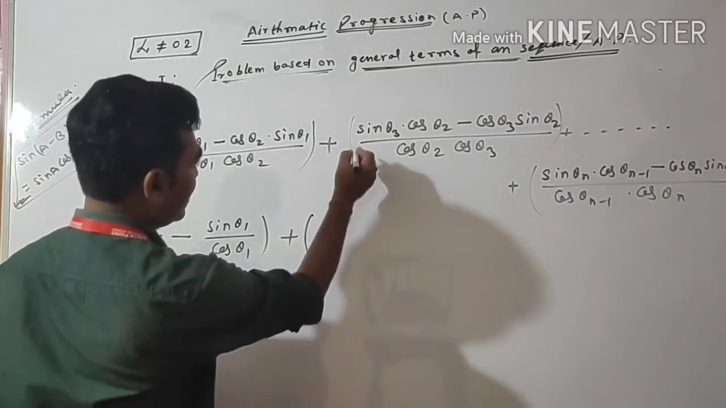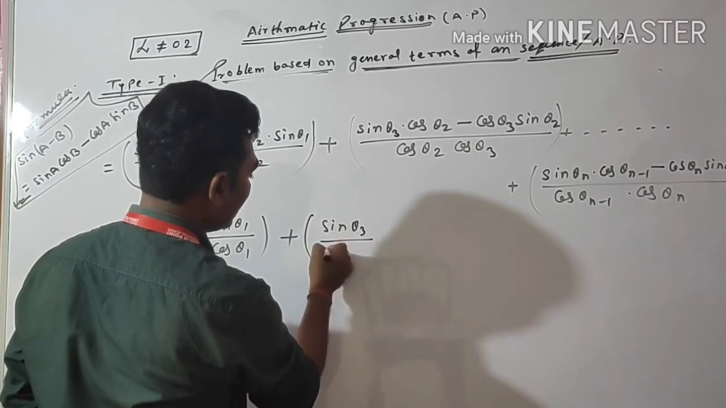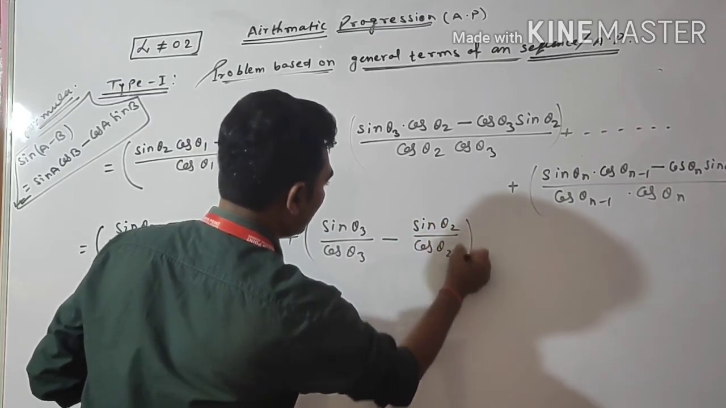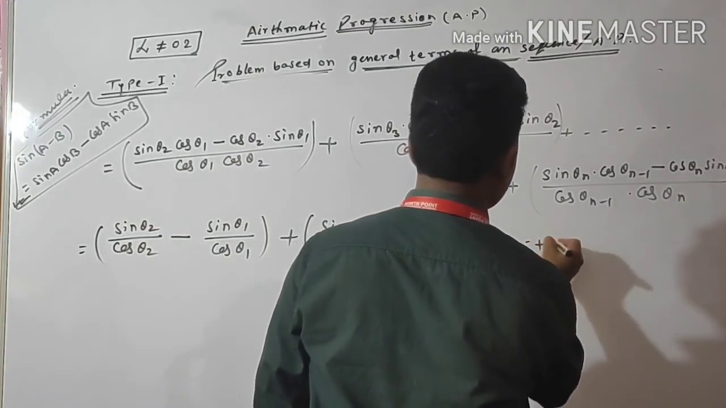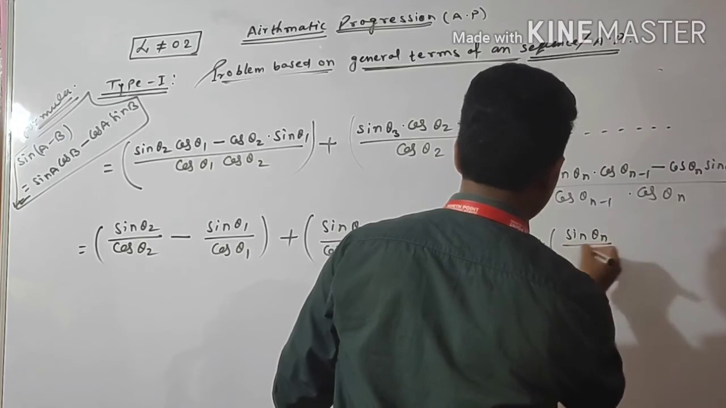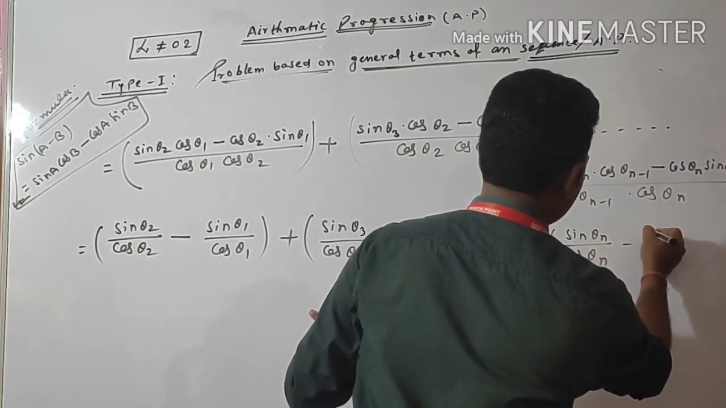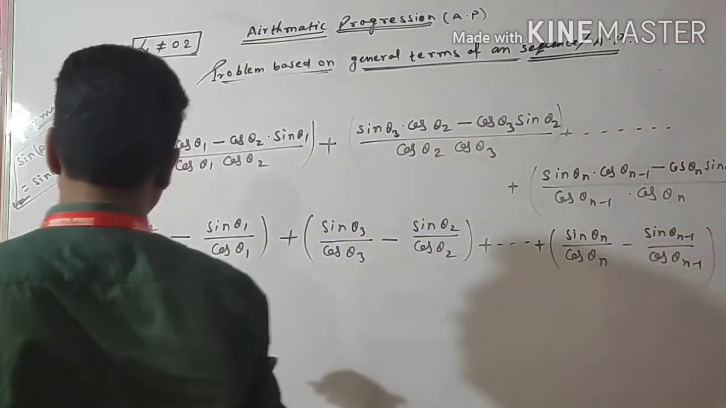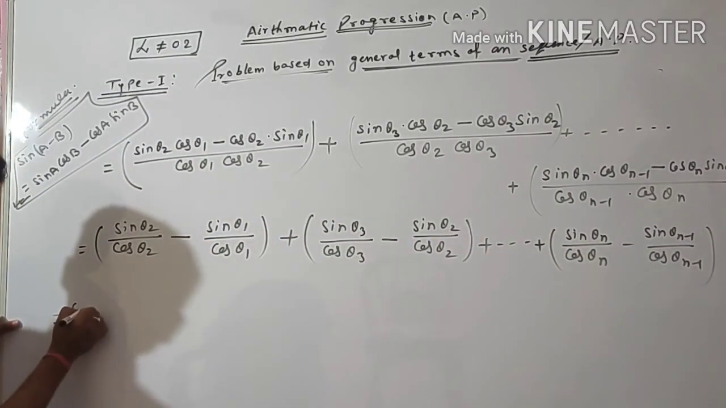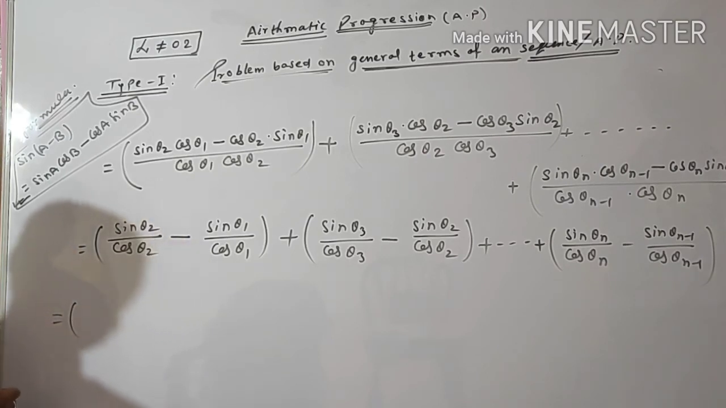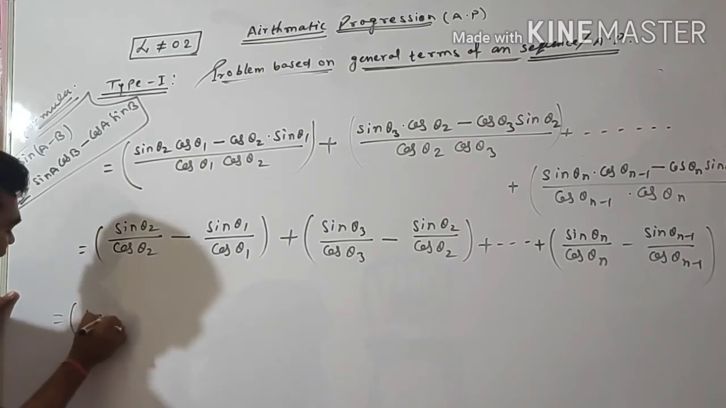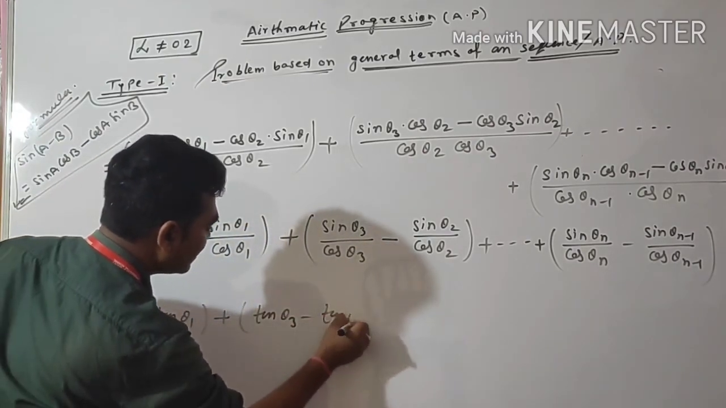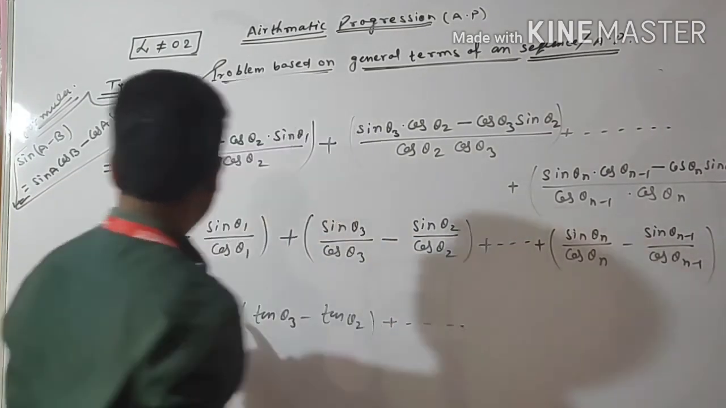Again in a similar way sin theta 3 by cos theta 3 minus sin theta 2 by cos theta 2 plus dotted, and last term sin theta n by cos theta n minus sin theta n minus 1 by cos theta n minus 1, and this is equal to tan theta 2 minus tan theta 1 plus tan theta 3 minus tan theta 2 plus